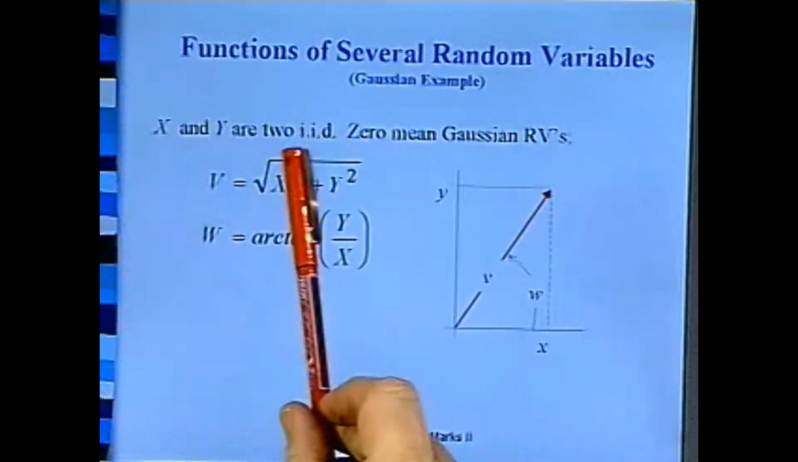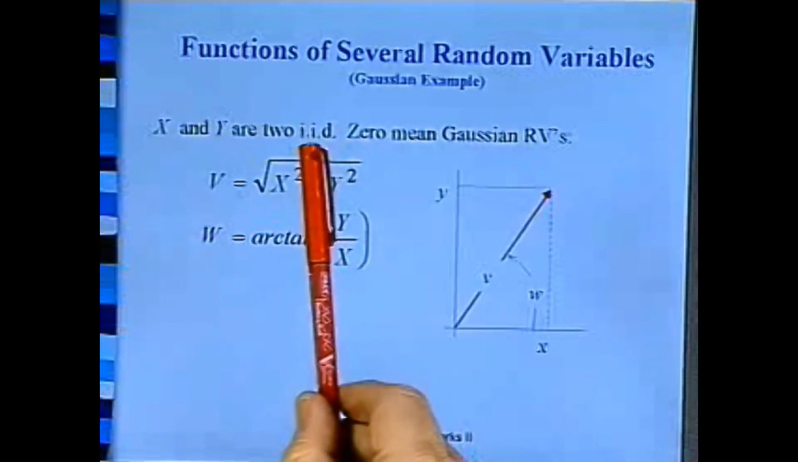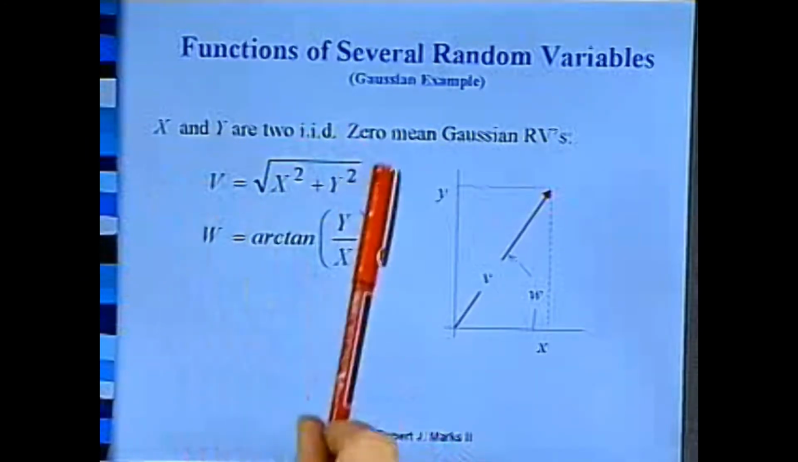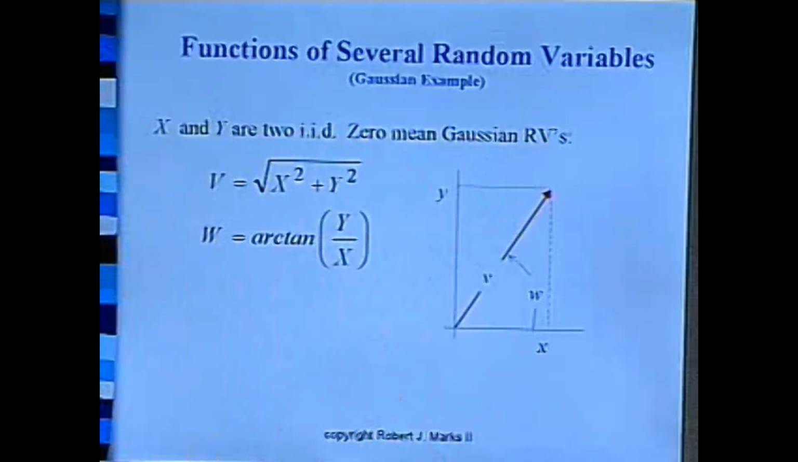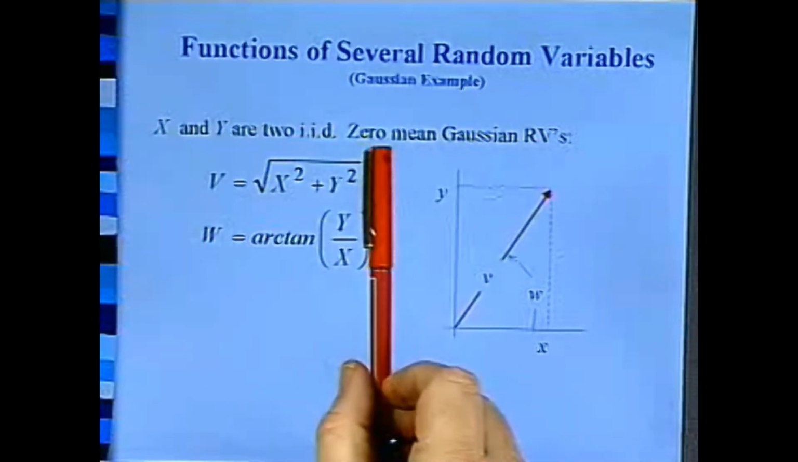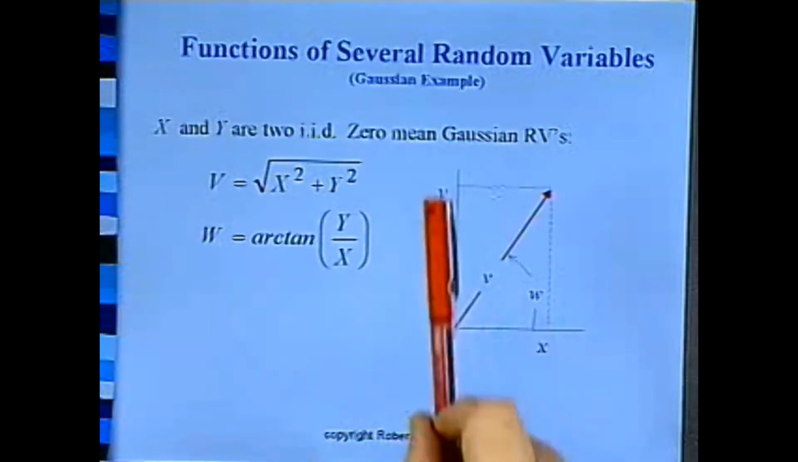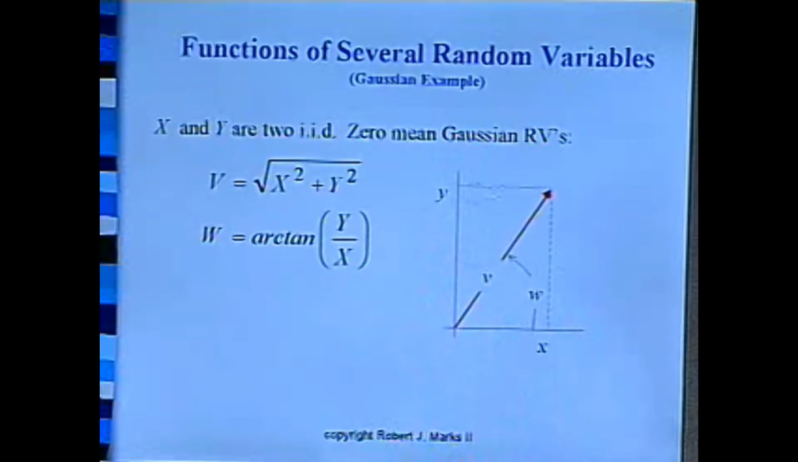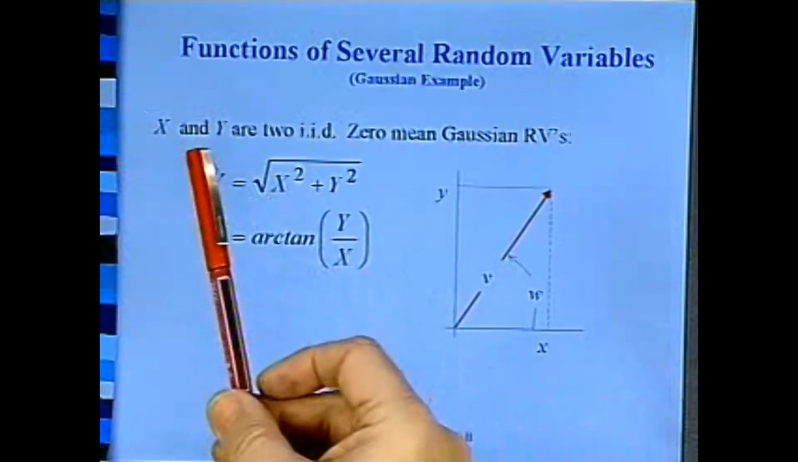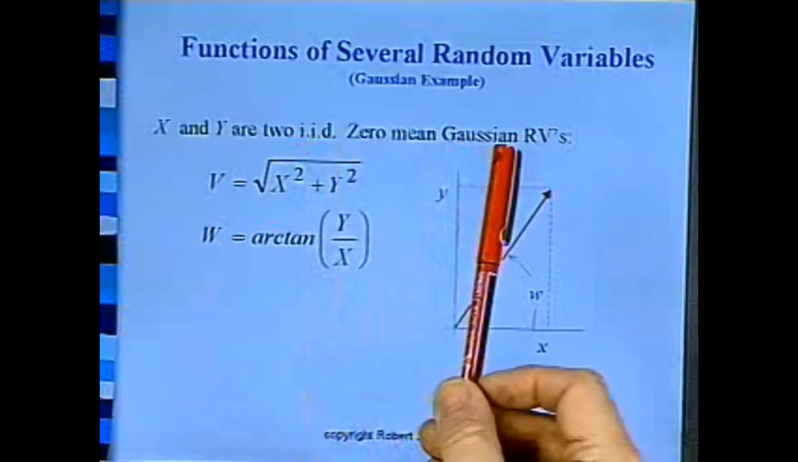Suppose we had x and y being two IID. Remember what IID means. Independent and identically distributed, zero mean Gaussian random variables. And we're motivated here, for example, by looking at, say, the velocity in gases, as we talked about. Suppose x and y were the velocities in a gas, and we said that they were Gaussian and independent of each other, and that they were IID. Okay, fine. If we had x and y as being two independent and identically distributed zero mean Gaussian random variables,